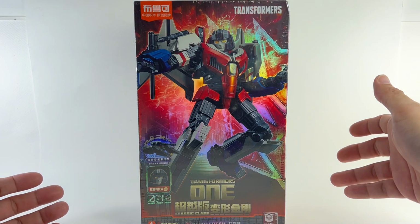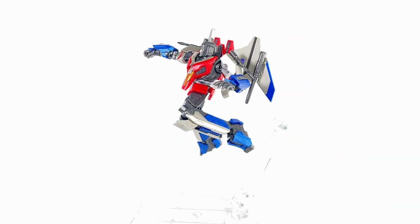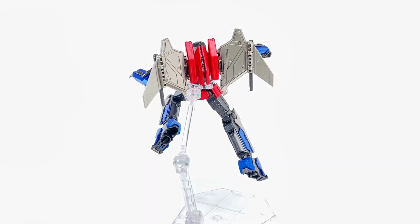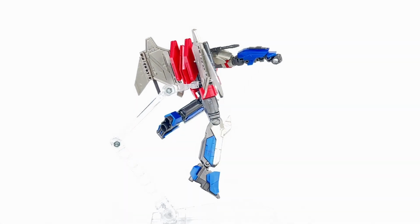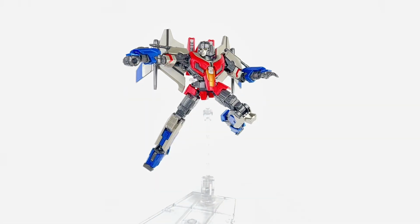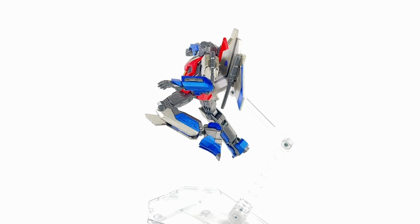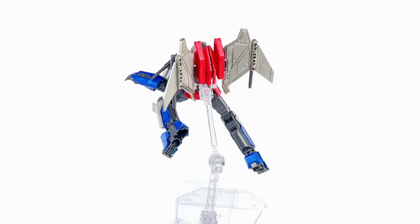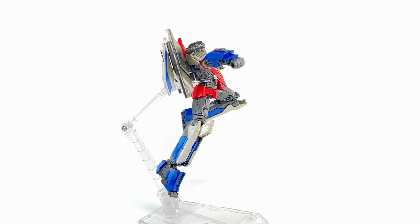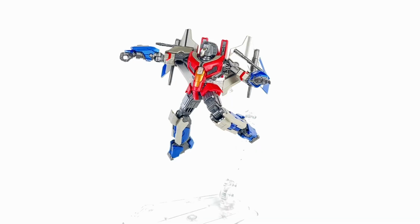Let's get this guy out of packaging and fully assembled. And the figure looks absolutely amazing. I thought the details, the material they used, the quality of this figure was absolutely spot on. It is an incredible design, very true to how he looked like in the movie. It was really a fun build, lots of details, such an amazing figure. Let's take a closer look at the details of this new Blokees Transformers classic class from the movie Transformers 1